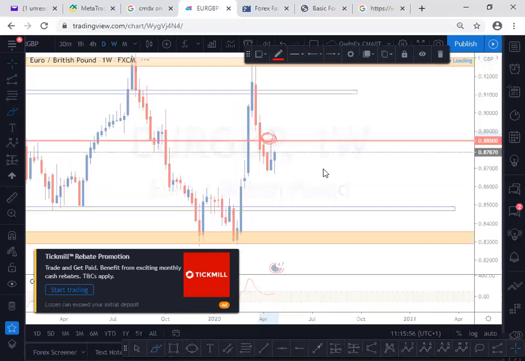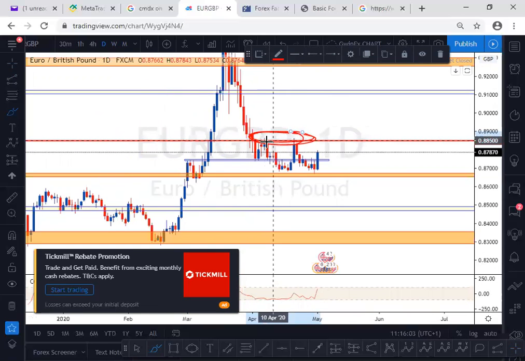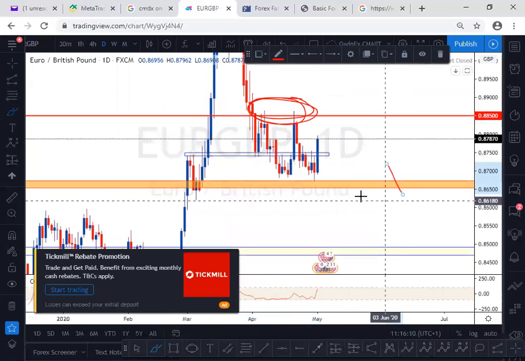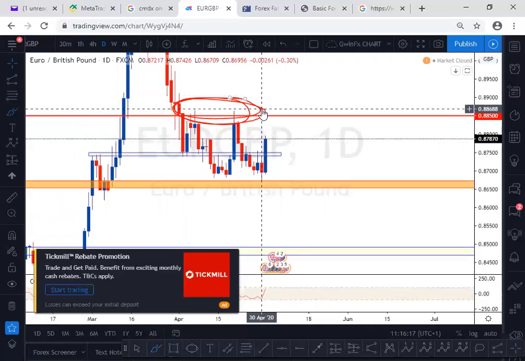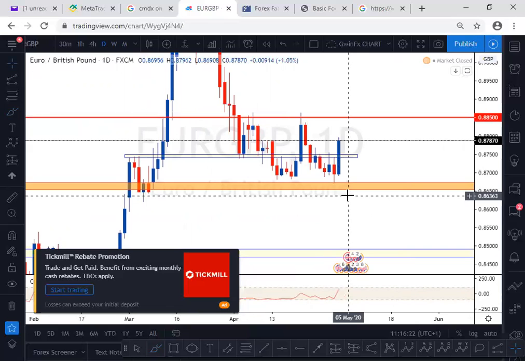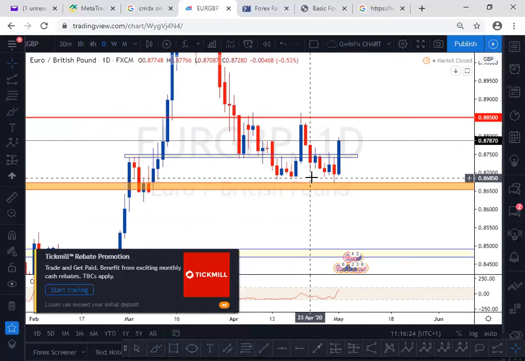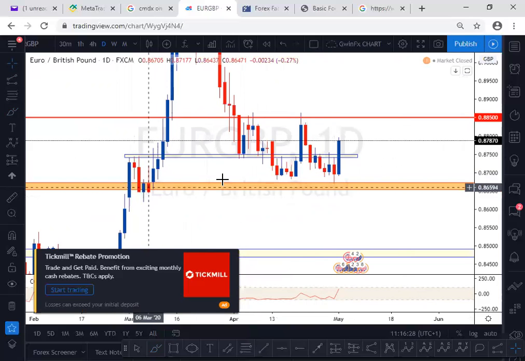All right, so let's go down to the daily and see how key this area is. All right, so we had this double top, price then counted 1, 2, boom, to the downside. I spoke about this, and students here understand that 80 out of 100% of the time, price will actually want to go back to a liquidity zone. All right, a demand zone, liquidity zone, where you have lots of things happening in the market. We had it here, the market is tumbling around this zone, had it here, okay?